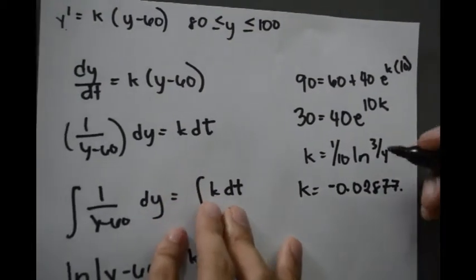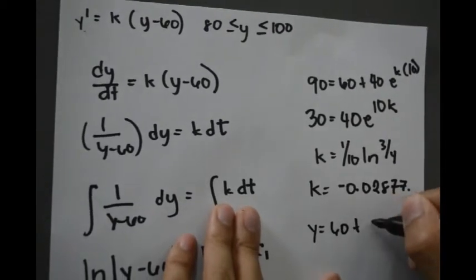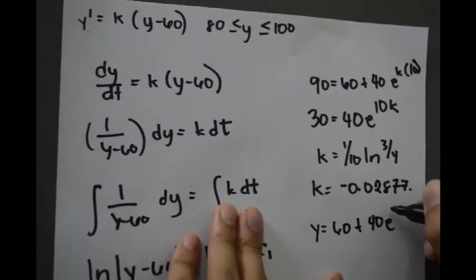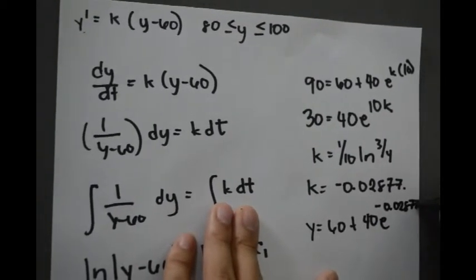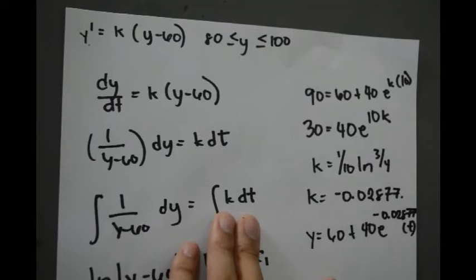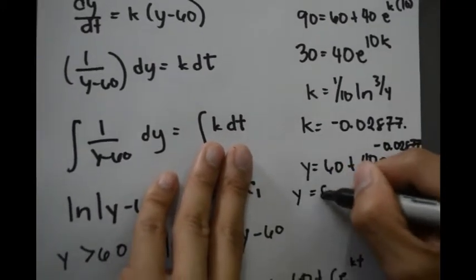So the cooling model is y is equal to 60 plus 40 e raised to negative 0.02877 times t. And finally, when y equals 80, you obtain